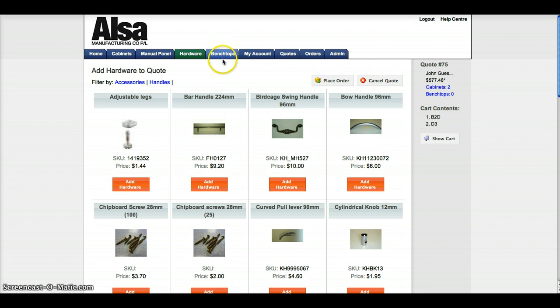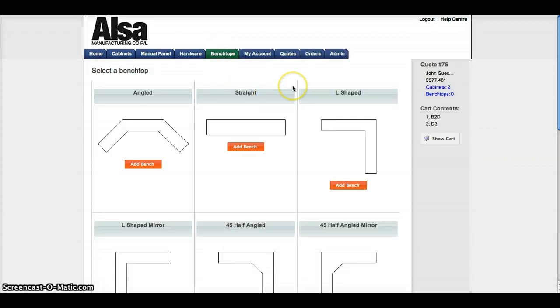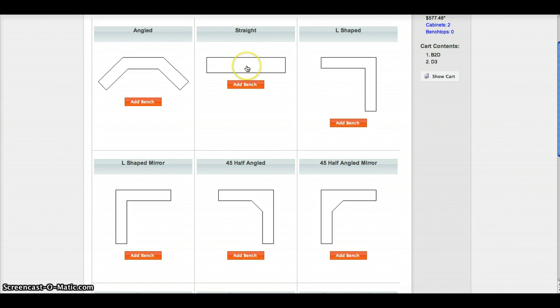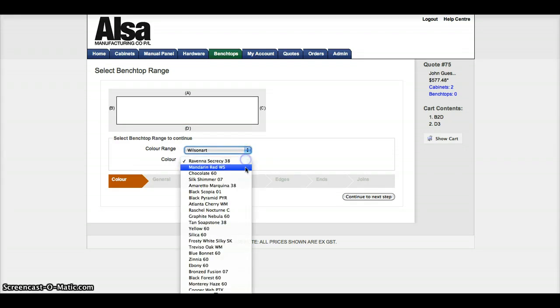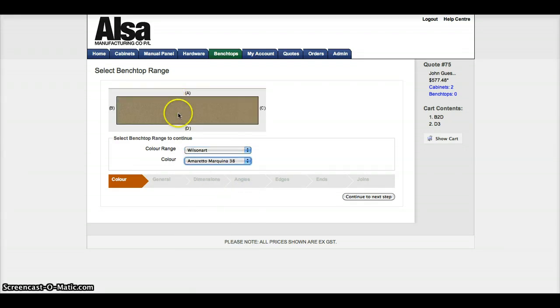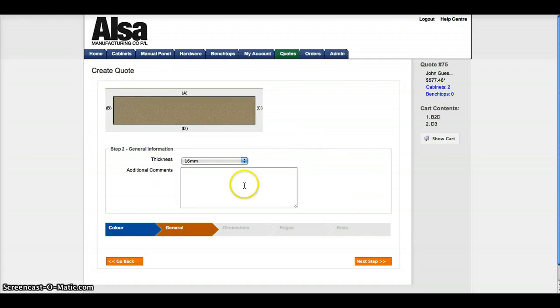accessories and handles. And we'll go to benchtop, and on our selection of benchtop we'll just use a straight benchtop. Here we can choose from a number of finishes made by Laminex or Wilson Art or Formica, for example. So we'll take a Wilson Art and we can select Amaretto. You'll notice that the color, as a confirmation, will come up in the benchtop size. We then go to the next stage, and here we choose the thickness of the benchtop, 32mm, which is